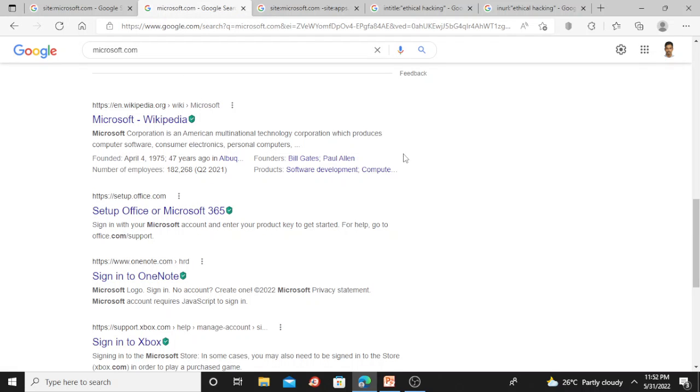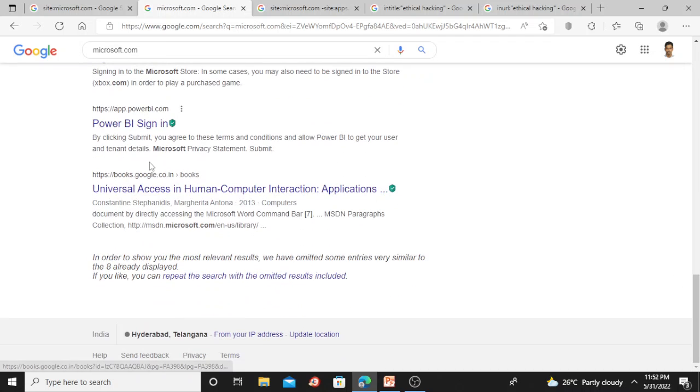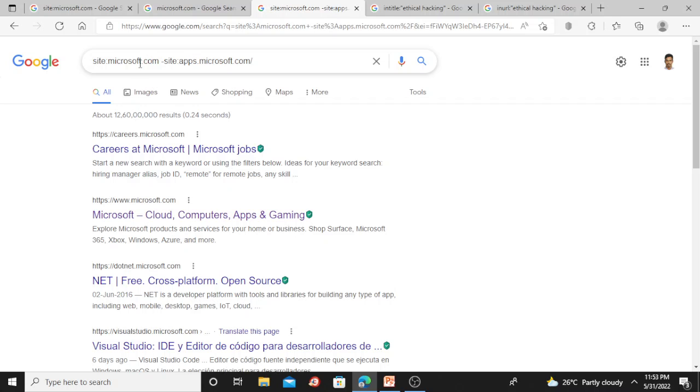In similar manner, what is this? Just Microsoft.com. If I say just Microsoft.com, it may show other websites also, like www.onenote.com, support.xbox, some others other than Microsoft.com, books.google.co.in, some others also it may show. Site:Microsoft.com, I want to remove apps.microsoft.com. Other than apps.microsoft.com means it will search all the domains in Microsoft.com other than